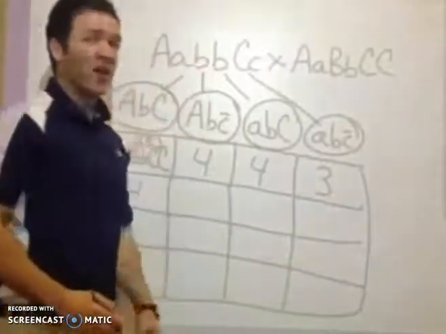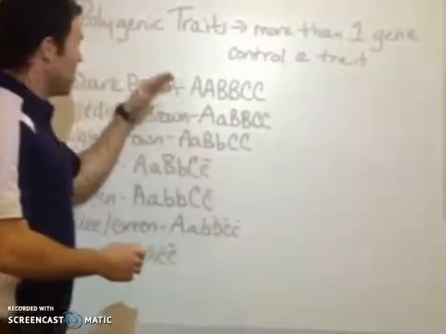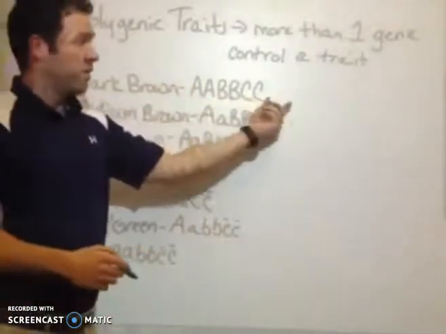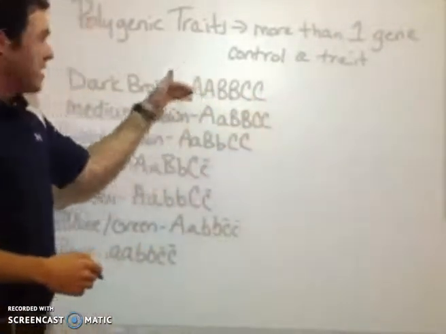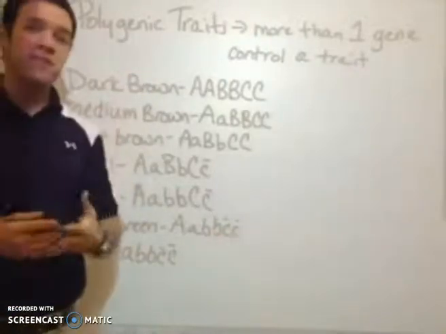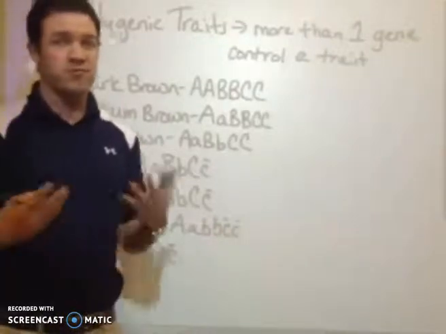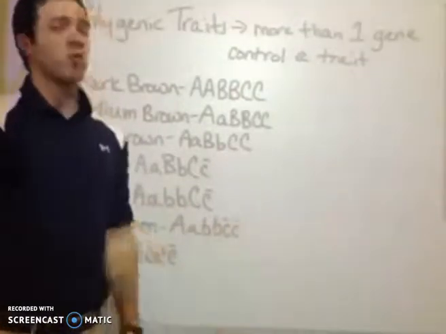That's a polygenic trait. If there are 4 genes, like maybe skin color, you would have a 4th gene, probably letter D, and then even more combinations of skin color and skin tones. But you do the same thing that you would do with the trihybrid, now with 4 genes coming with combinations. So that's an example. If you have more questions about polygenic,